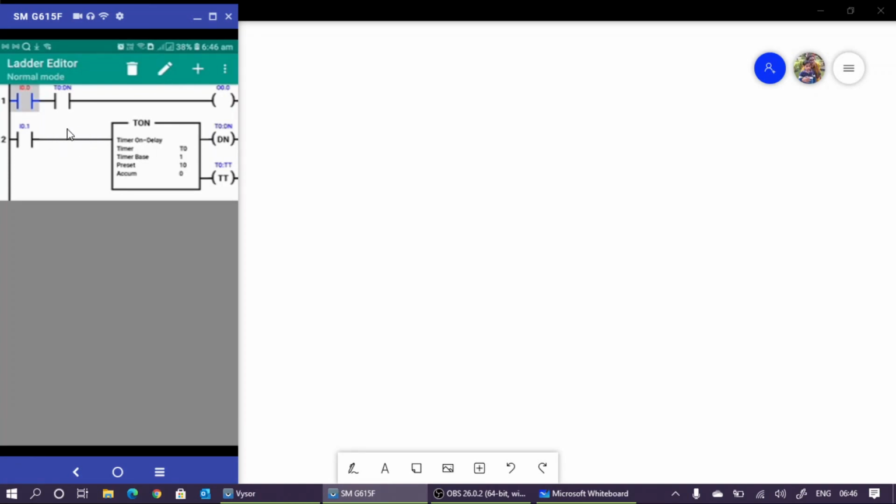So we can't add anything here. That is not possible. Please note this input part of this one. Logic operation is not possible before this input. So please note we have to use another rung, and by using its output we have to operate this one. Okay.